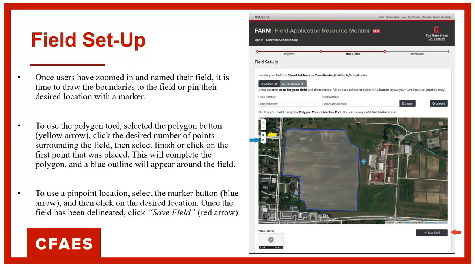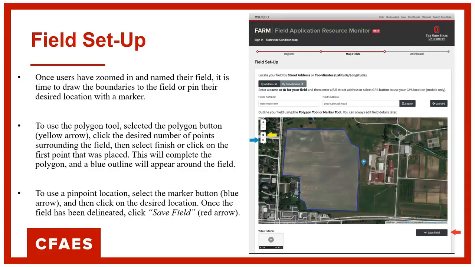So unless your field is huge, say, larger than a square mile, so if you have more than 600 acres in a field that you're looking at, you're probably going to want to use just a marker. If your field is large, let's say 600 acres or more, you might want to outline it, because at about a square mile, that field is starting to become close to the size of the pixels for the forecast that we're going to reference in a little bit. So you might want to actually delineate that.